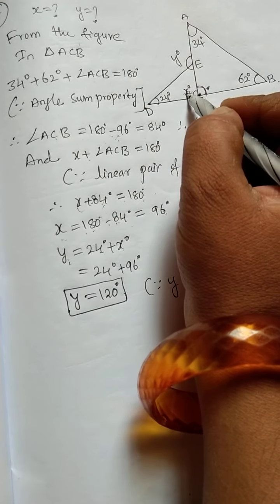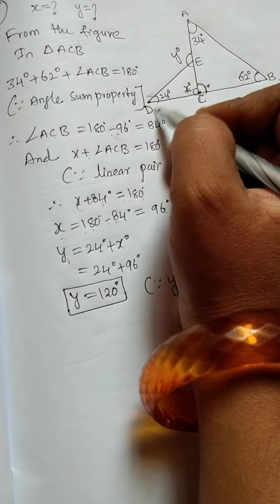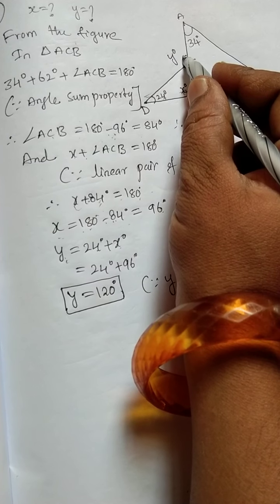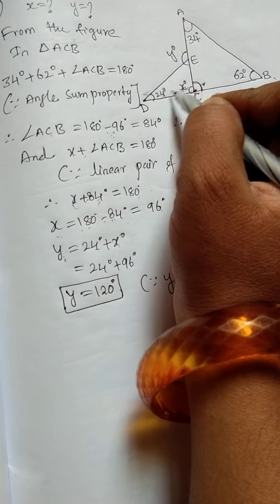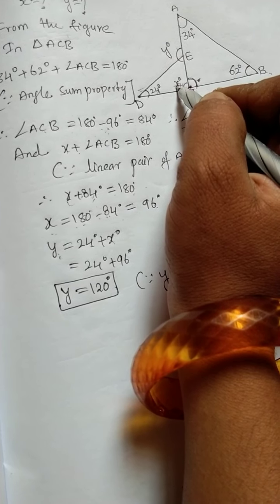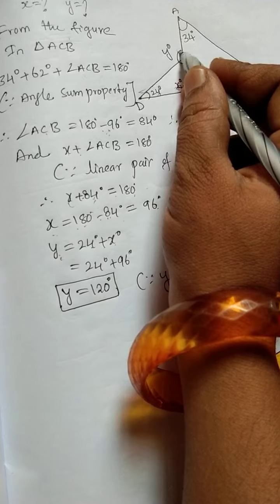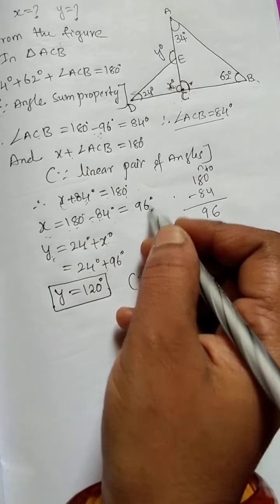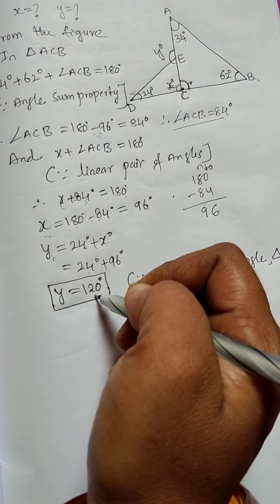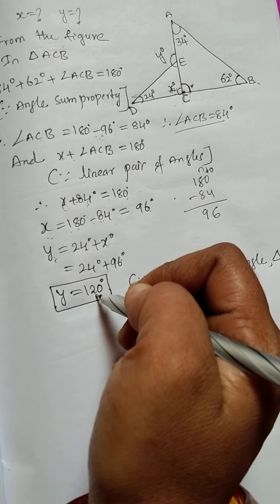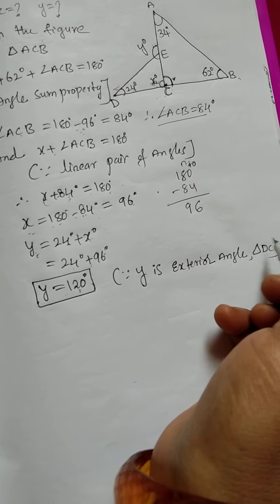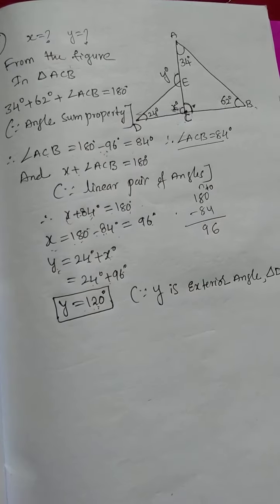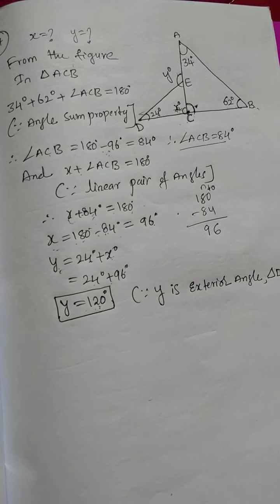See, this is triangle DEC. In this triangle, these two are interior angles and this is an exterior angle. So we should take y equal to 24 plus x, because the sum of two interior angles is equal to the exterior angle. So y is equal to 24 plus 96, because x is 96, so y is equal to 120 degrees. If you add these two, you will get y as 120. Y is the exterior angle, I mentioned that reason also. So we got x equal to 96 and y equal to 120. In this way we can find the x and y values.